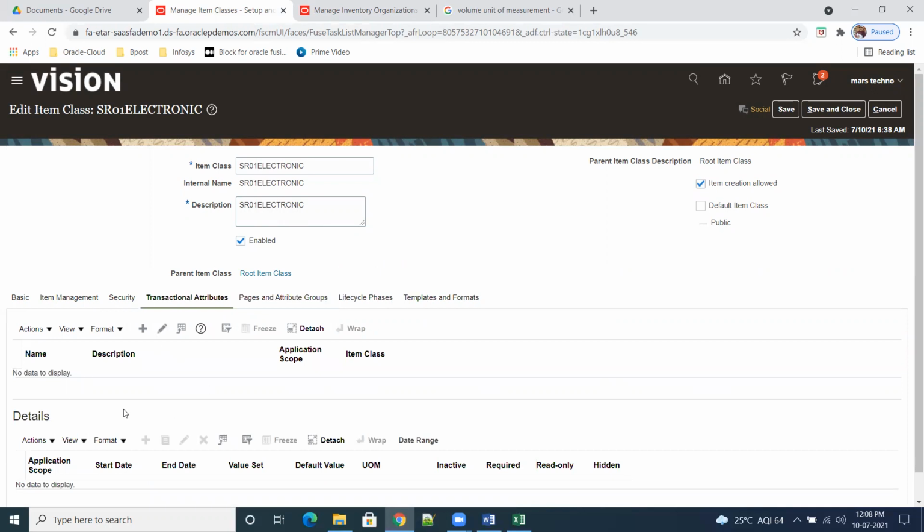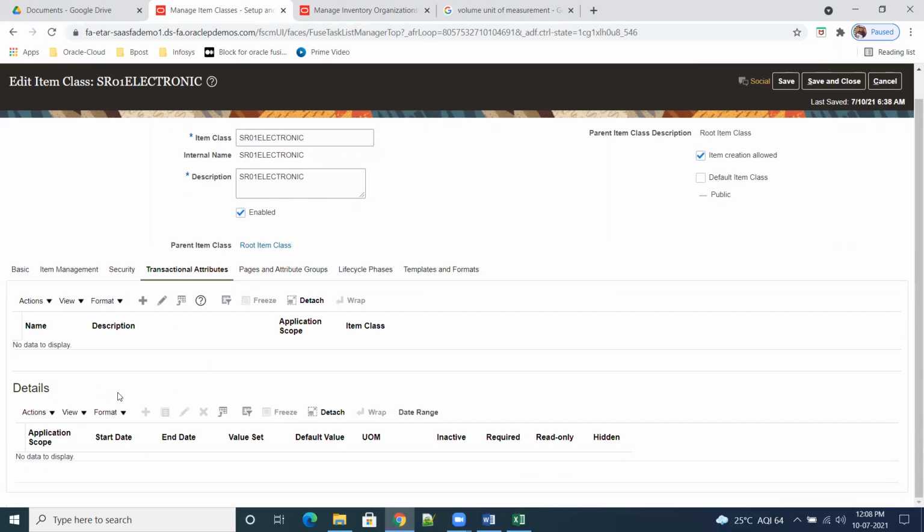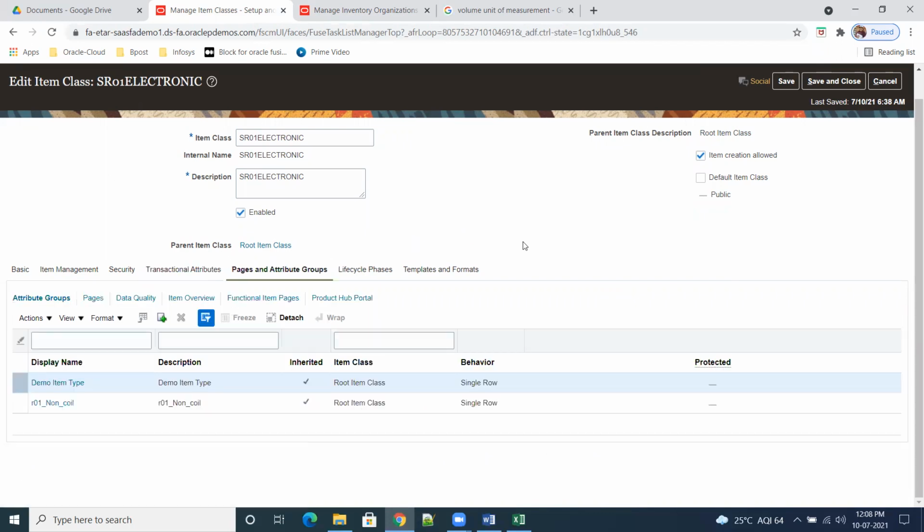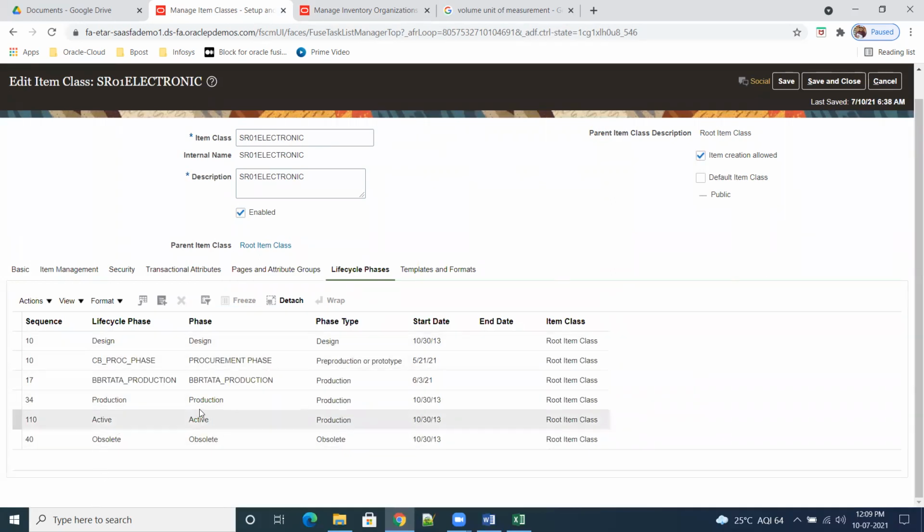So these are what you call EFFs or DFFs that you want to bring. That time we are going to use this one. As of now, these are also the same thing. Attribute groups, we have a lot of things. Whenever you want to bring any DFF values, we'll see more in upcoming classes, how to define these attribute groups and all. Now life cycle phases, production, obsolete, design. Okay. I'm not adding anything here.